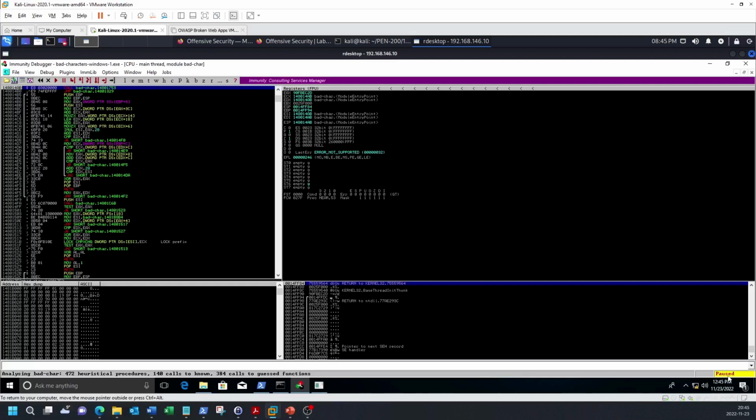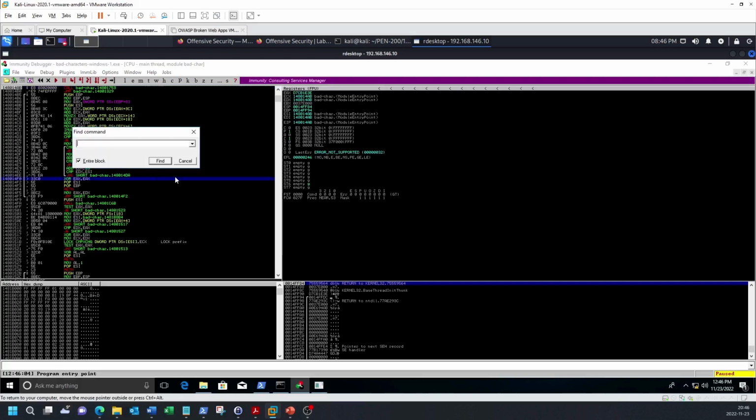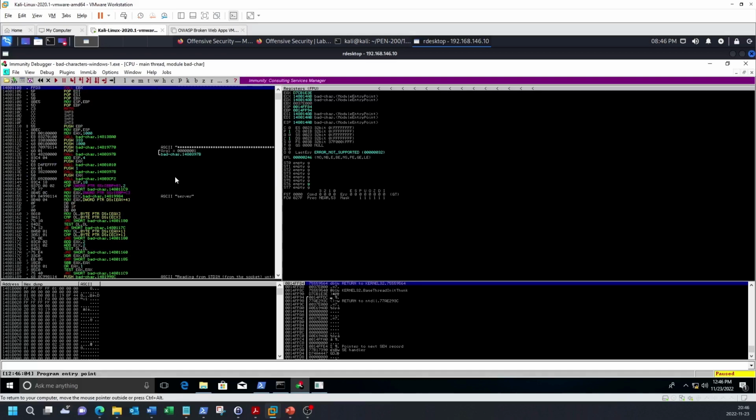You now need to set a breakpoint on the call EBX instruction, but first you have to find it. There are two ways to do this. The first way is the simplest. Go to the top left quarter of the screen where you have a list of instructions. Press Ctrl F, then type in call EBX, then press enter. This will show you the first match, and you can toggle the breakpoint on and off by pressing F2. When the breakpoint is active, the memory address will be highlighted in light blue.